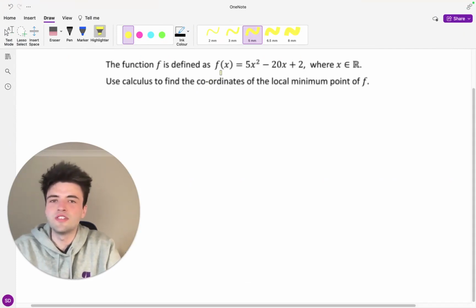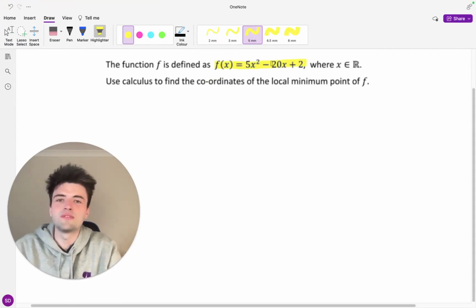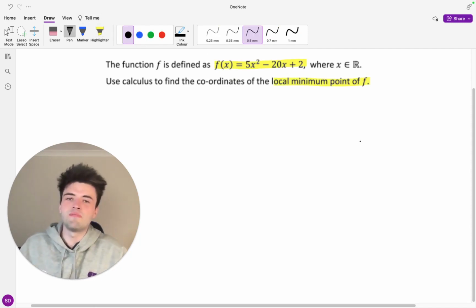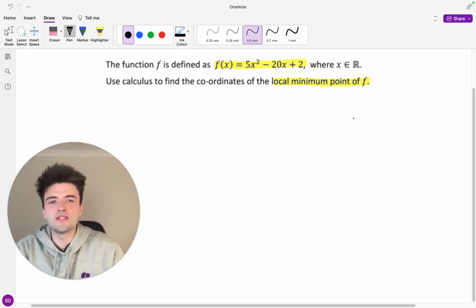So here we're told that the function f is defined as f of x is equal to 5x squared minus 20x plus 2, and we're asked to use calculus to find the coordinates of the local minimum point of f. And so there's going to be kind of a test of knowledge on how to find either maximums or minimums depending on the circumstances. And so if we just have a quick look at f of x here, we can